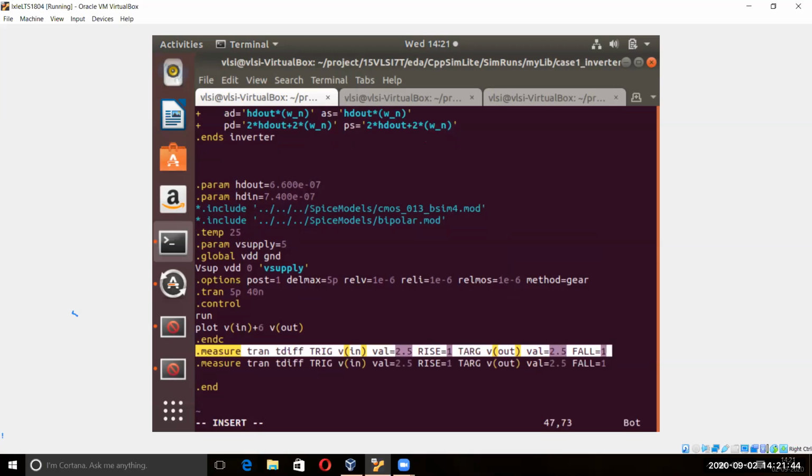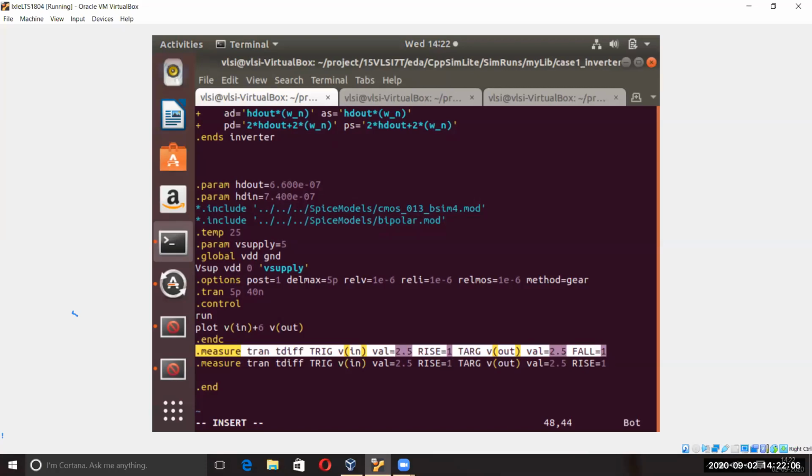This is basically for the rise time and all this. The first measure statement is for propagation delay from 50 to 50, that's input 50% to output 50%. So input rise means output fall. Yes or no? It's an inverter. So that's why 50% rise to 50% fall.